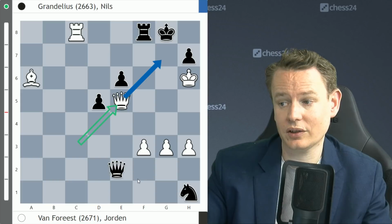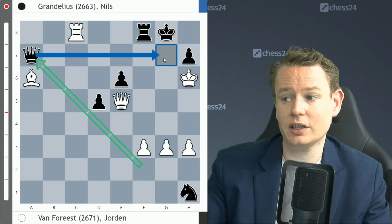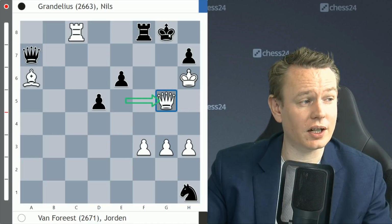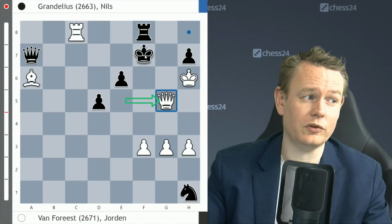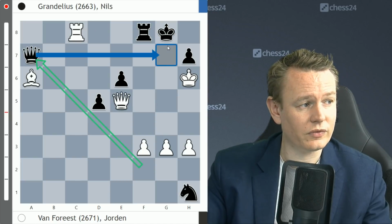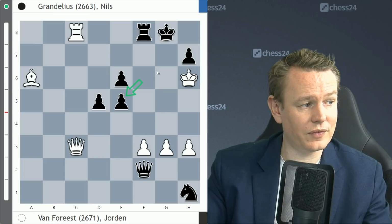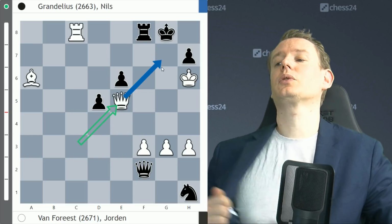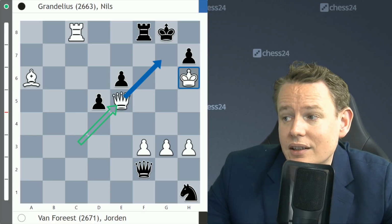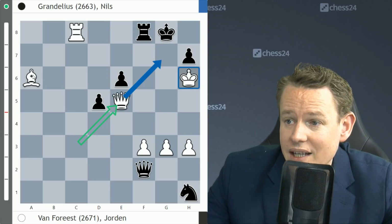Well, black has no checks. Well, if queen a7 to cover the g7 square, white takes a little detour, goes queen g5 check, and it's checkmate next move. For example, king f7, queen g7. So, because of this, after queen takes e5, Nils Grandelius resigned the game, acknowledging the beautiful king march by Jorden